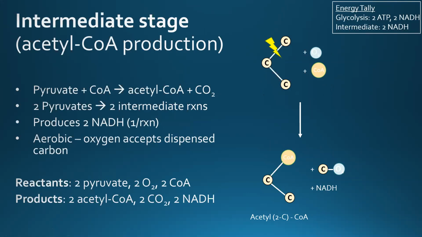You're breaking the pyruvate molecule down from a 3-carbon pyruvate molecule to a 2-carbon acetyl-CoA. But what happens to the other carbon? Because remember, the reactants and the products have to have the same number of elements. So where does the other carbon go? It's released as carbon